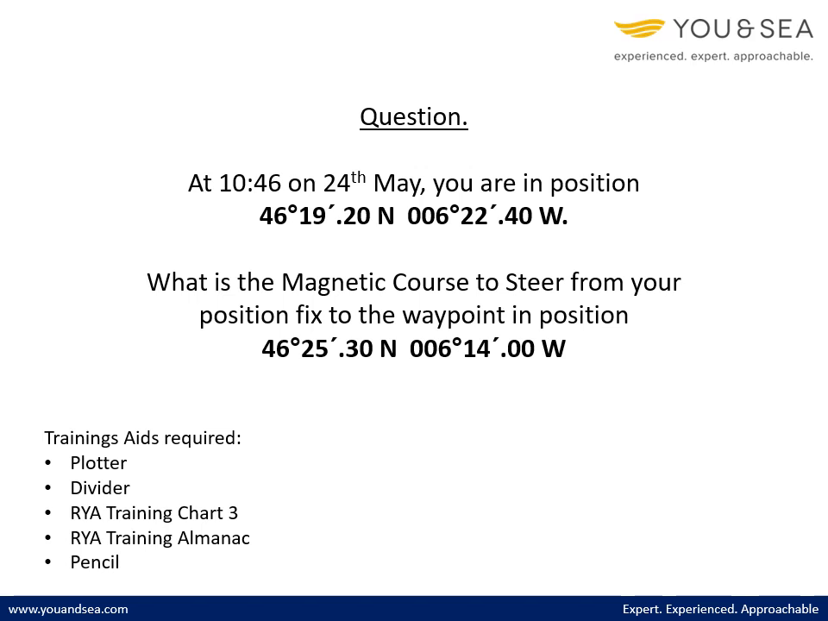The question: at 10:46 on the 24th of May, you were in position 46 degrees 19.20 north, 006 degrees 20.40 west. What is the magnetic course to steer from your position fix to the waypoint in position 46 degrees 25.3 north, 006 degrees